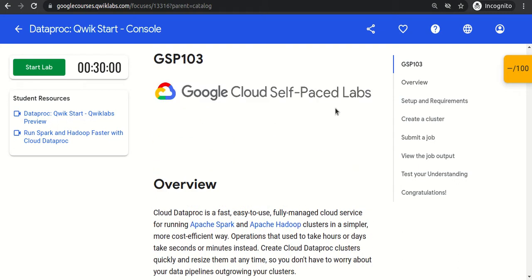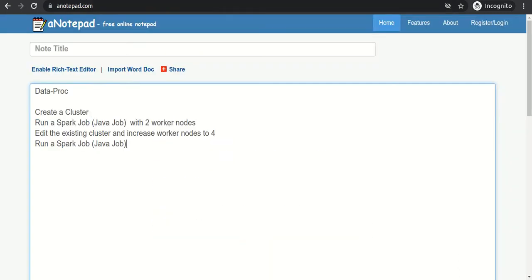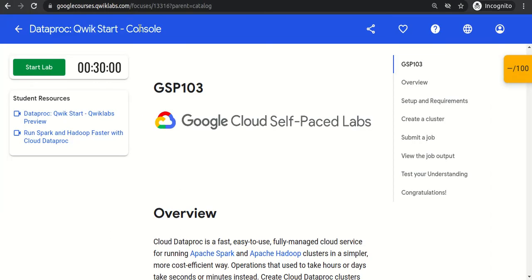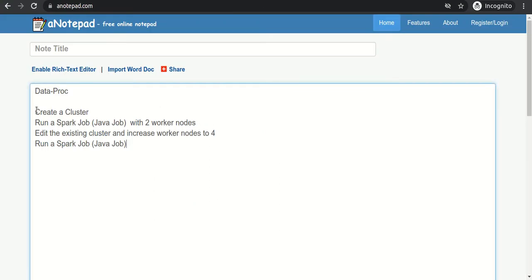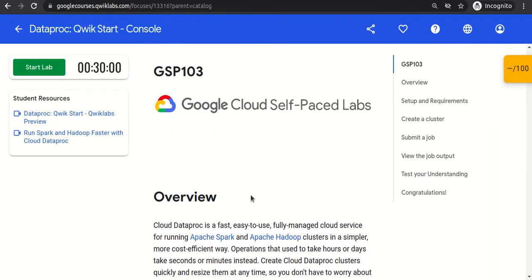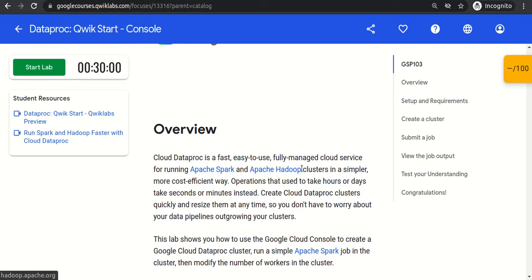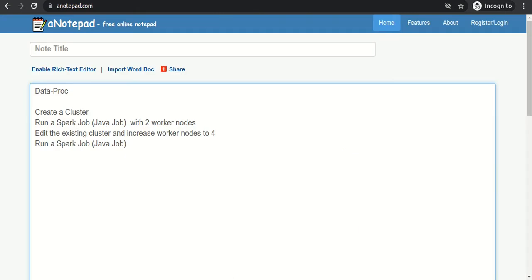Okay, so as part of this lab, what we will do is, as part of Dataproc, first we will create a cluster. Because on Dataproc, we submit the Spark and Hadoop jobs, and the jobs run on the cluster.